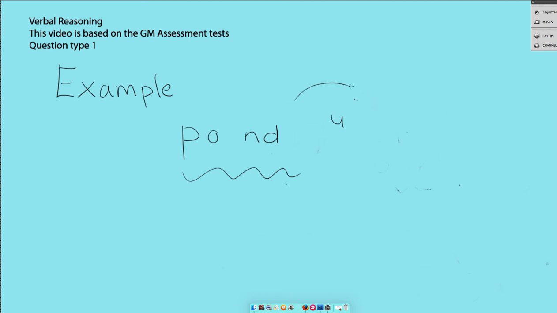I hope that makes sense. Please let me know if, well, don't let me know. But here we go. Let's have a look at some others, and I'll show you how I would work it out. Okay, so here's another one. Supposing we had the word